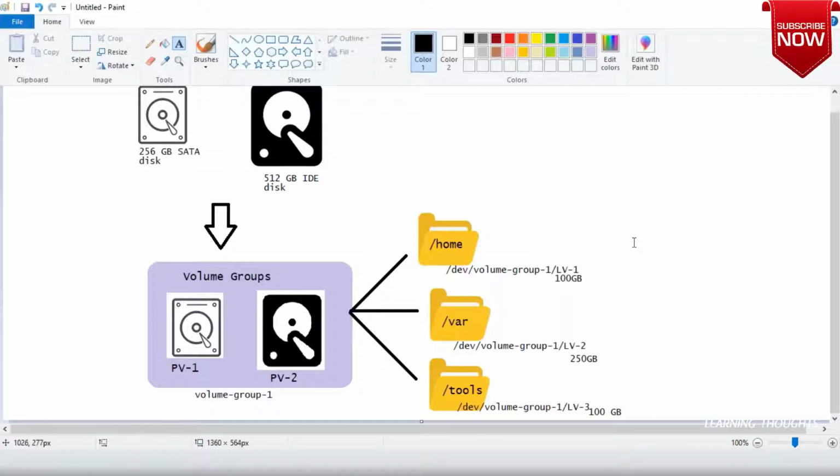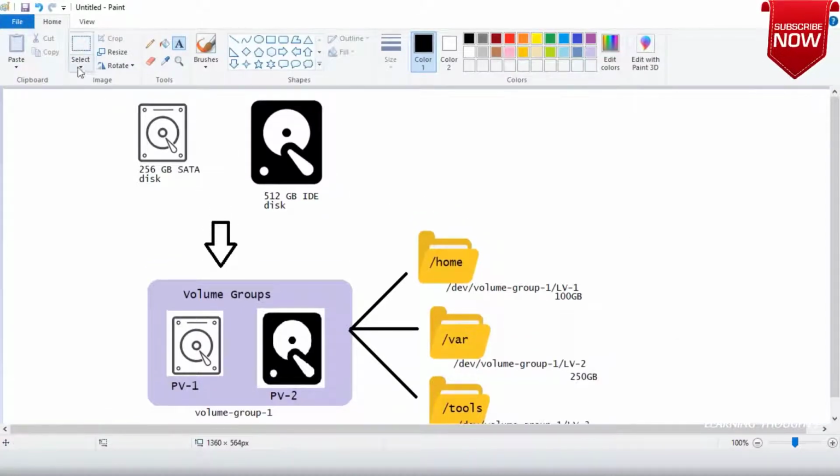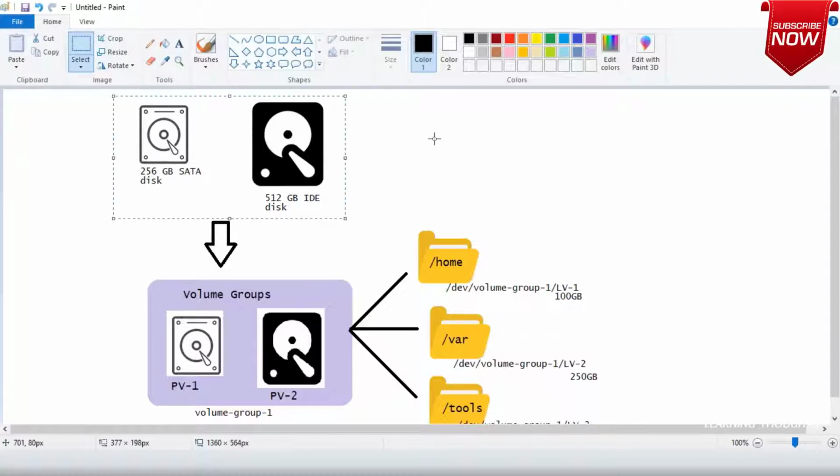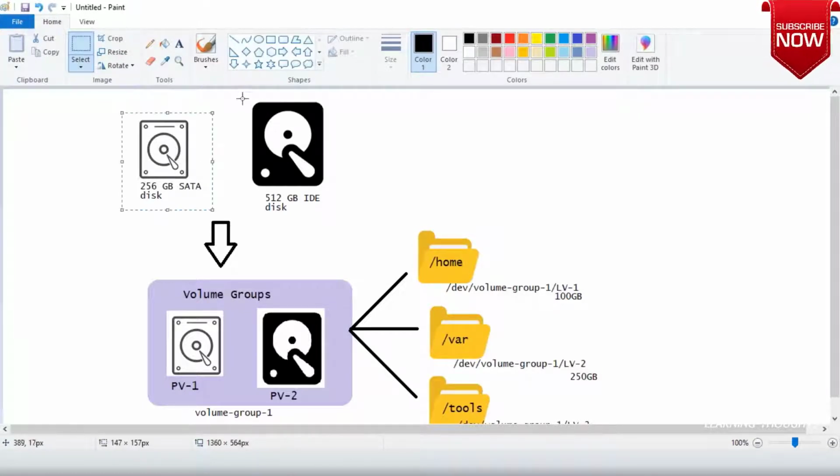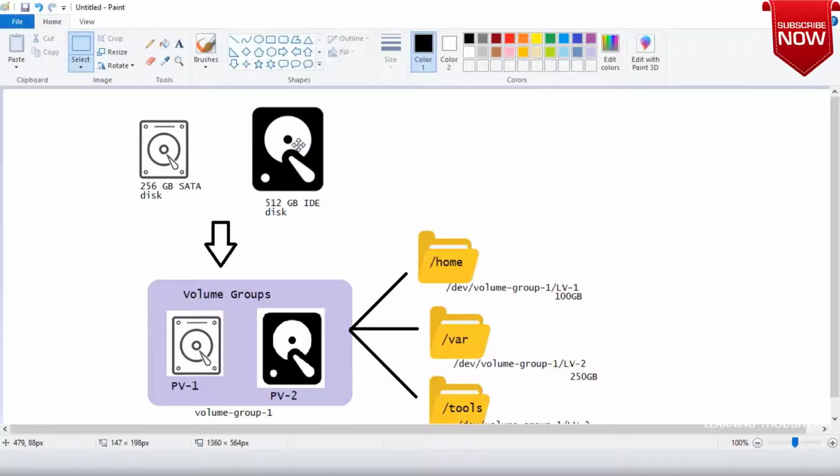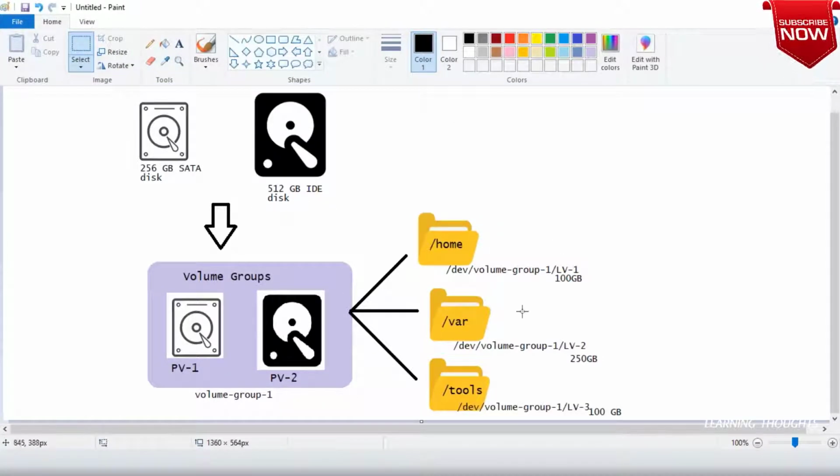So what is it we are trying to do? We take physical volumes, and from the physical disks we create volume groups, and from those volume groups we create logical volumes. It is not necessary that all your disks are equally mapped or mounted like what we did yesterday.